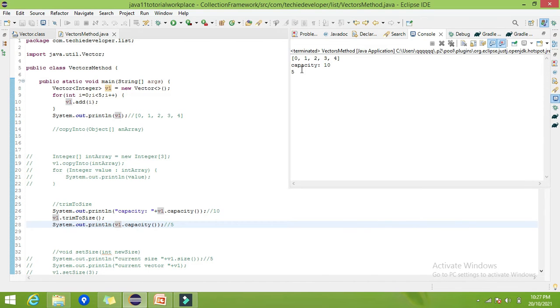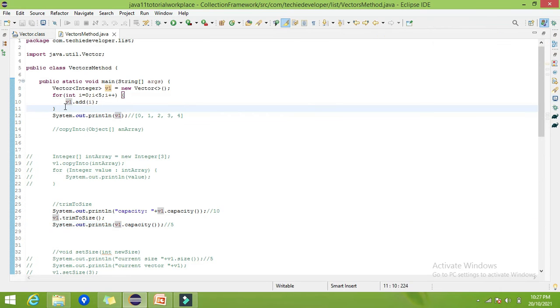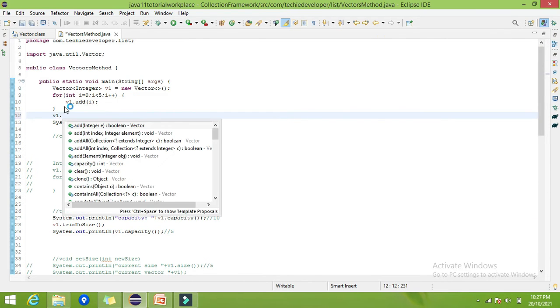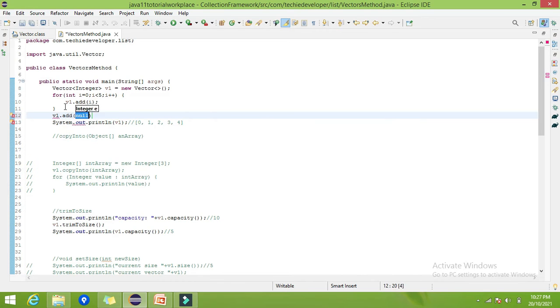Here you can find the original capacity was 10. After v1.trimToSize, the new capacity is 5. Whatever elements we have, it will trim the capacity up to that size. Let me try one another element. Let's add 9.